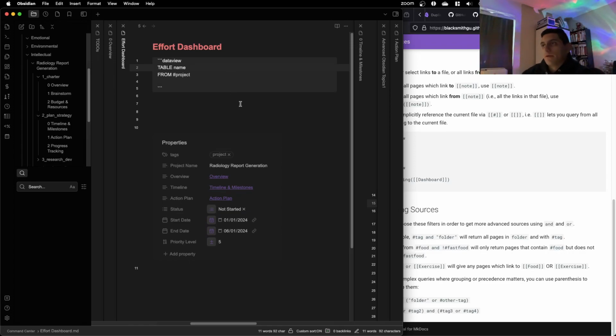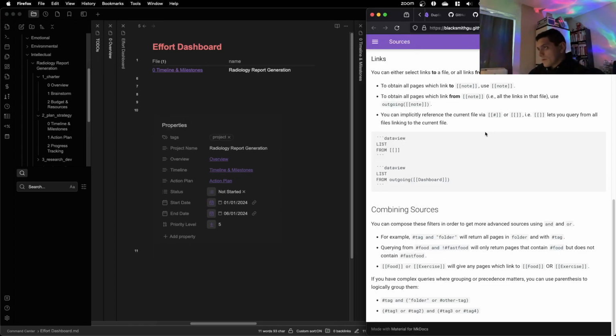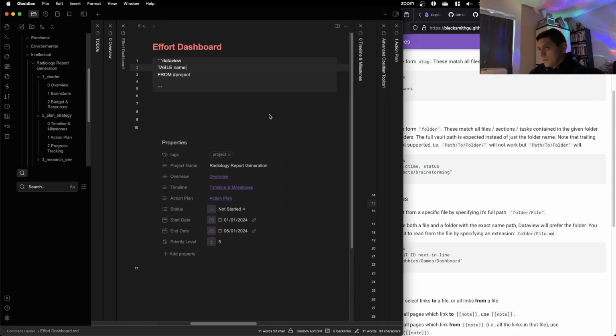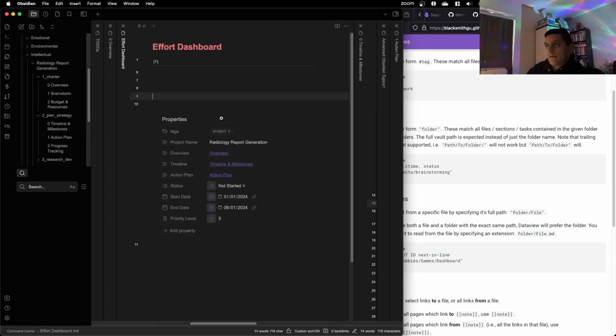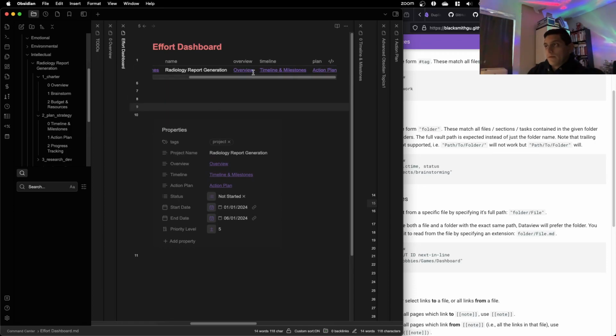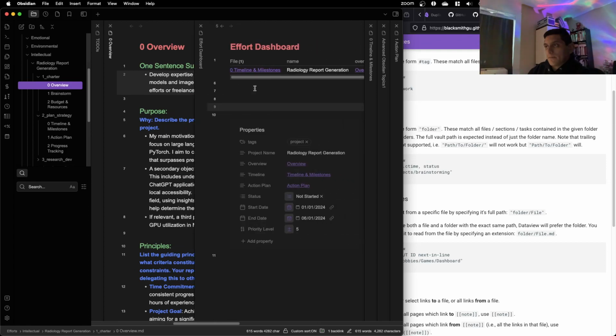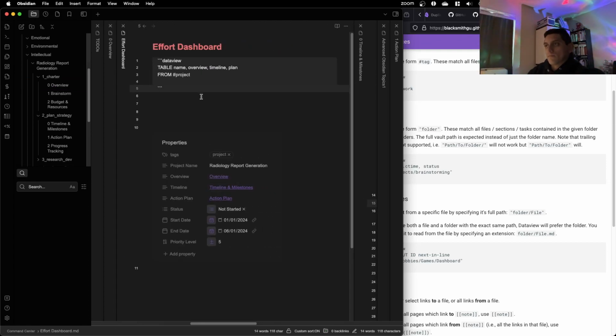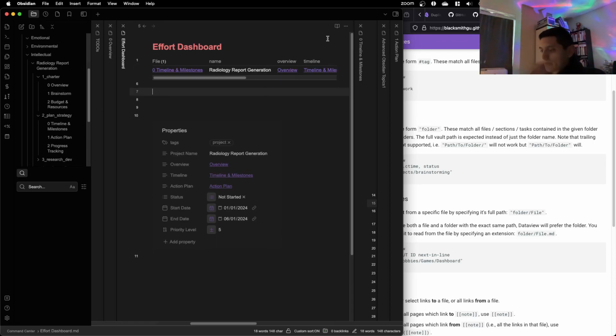Name, then insert commas, then there's overview, timeline plan, status, start and priority. Okay, so that's our table.